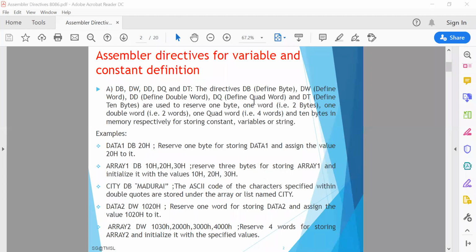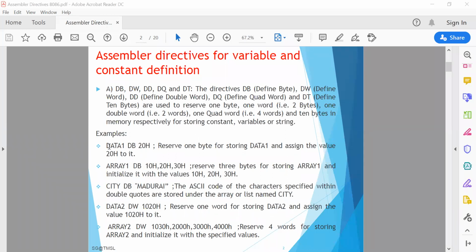Define quad word means 64 bits of data. And DT means define ten bytes, so 10 bytes of data can be defined. And these are the examples.